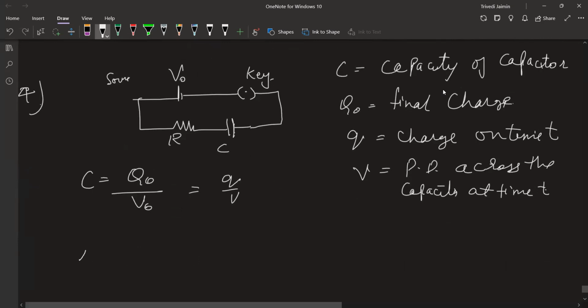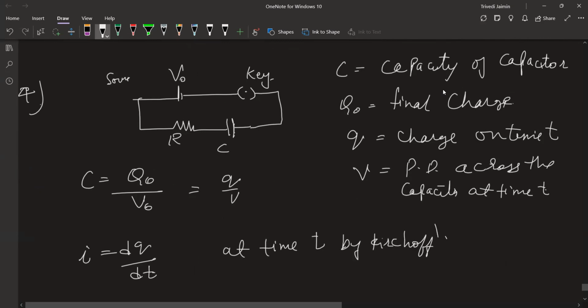And we know I equals dq by dt. So at time t, by Kirchhoff's law,